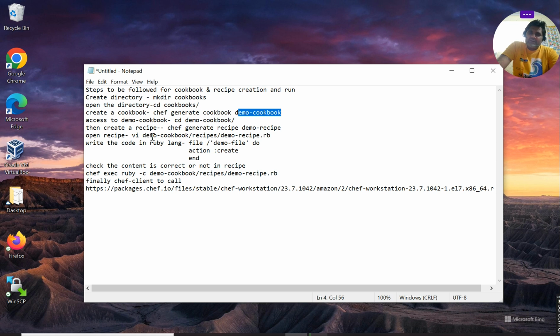And later I will access this demo cookbook by the command cd demo cookbook slash. After that, I will create a recipe. As I told you, for the instructions defined in code, we should have a recipe. For recipe creation, the command is simple: chef generate recipe and the recipe name. The commands for creating a cookbook and a recipe are similar, except for cookbook and recipe. If you want to create a cookbook, write cookbook, and if you want to create a recipe, write recipe just after generate in that command. Then I will open that demo cookbook recipe, demo recipe,